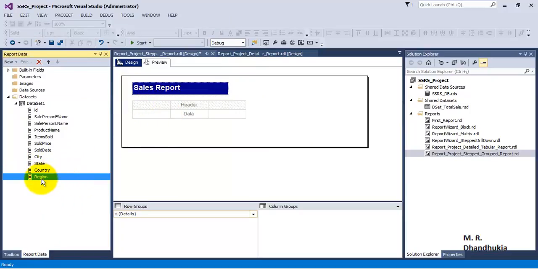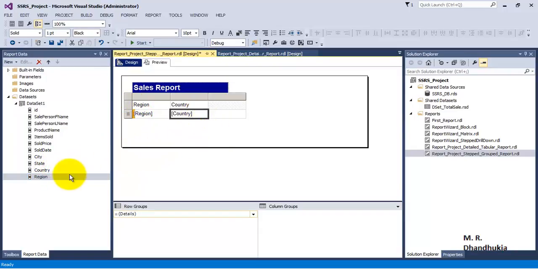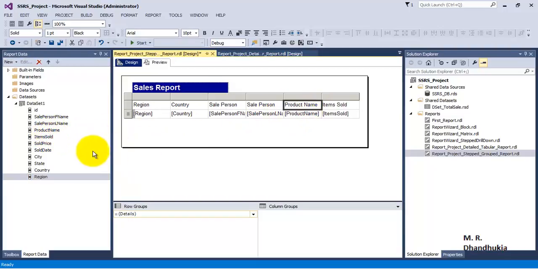Now we want a report in which we have region as our first level group, followed by country as our second level group. And we want to have names of people who are doing sales, along with the product name, item sold, and sales price.